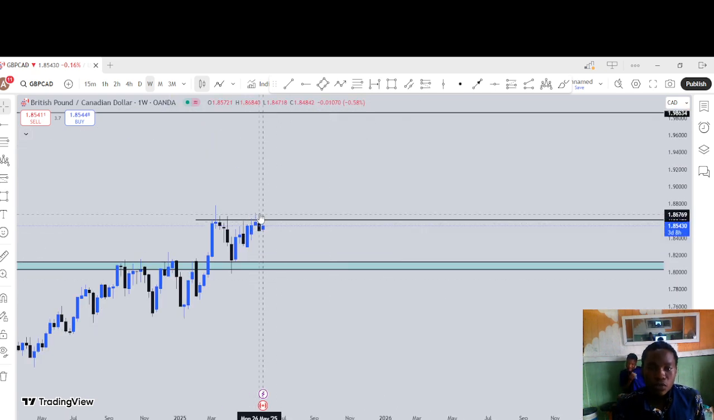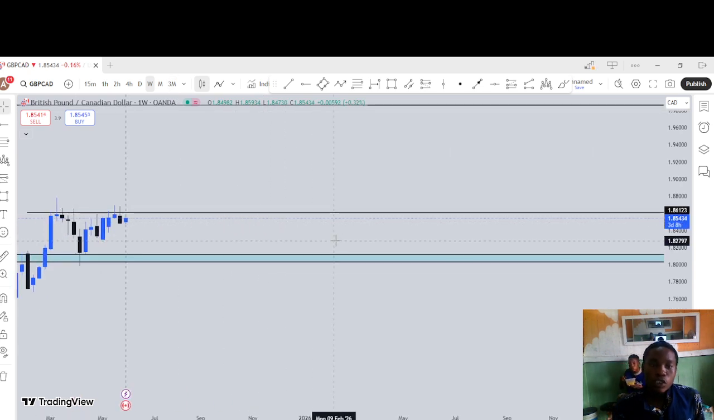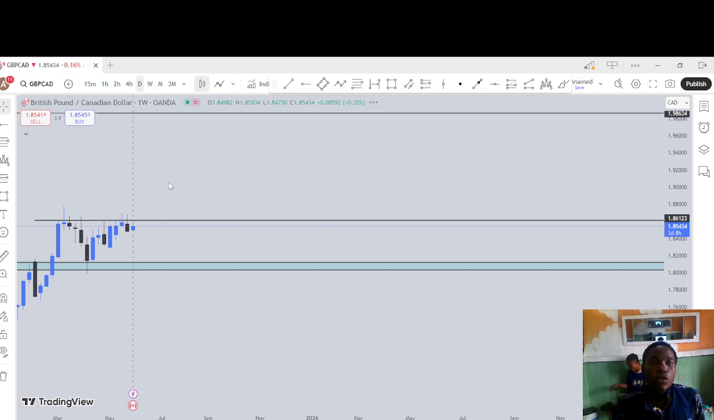You can see this is the first attempt drop, second attempt drop, and this is the third one, which has given us a bearish candle. This is a bearish engulfing that engulfed this one. So I just think this is going to be a retracement and then drop. So I'll be looking to short GBP CAD right on this spot, but we need to see